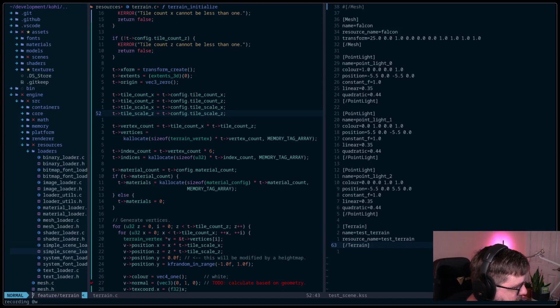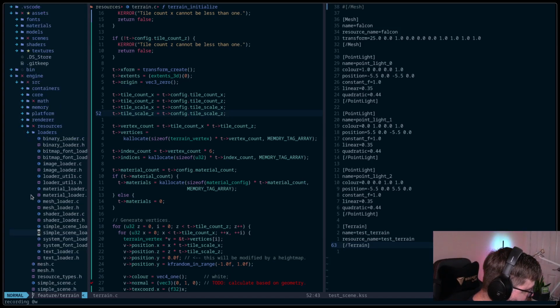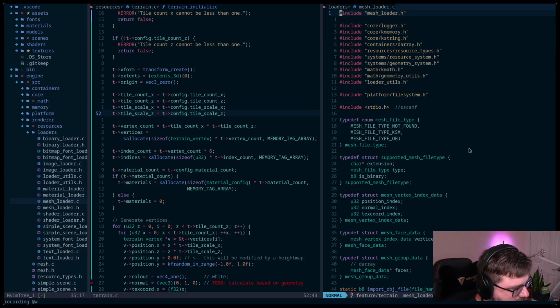The way the simple scene loader works is pretty close to how we're going to do this, but we don't actually need all of it. What does the mesh loader look like? I think I already kind of copied this once, but